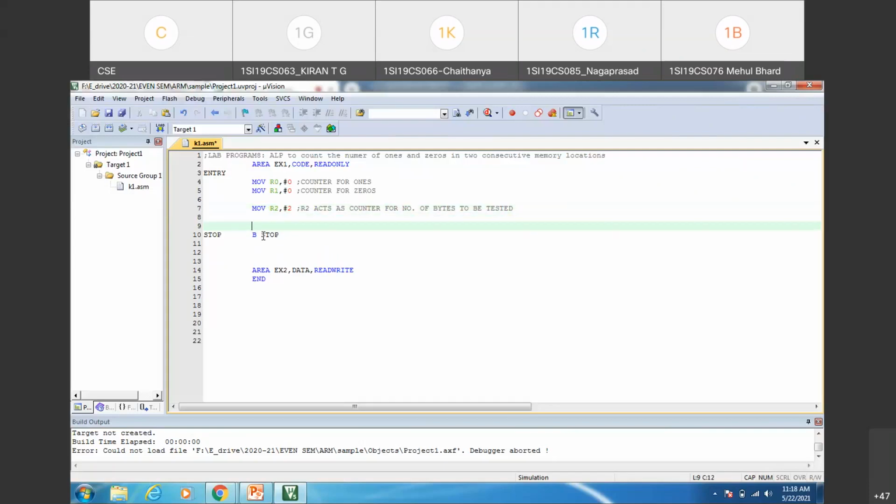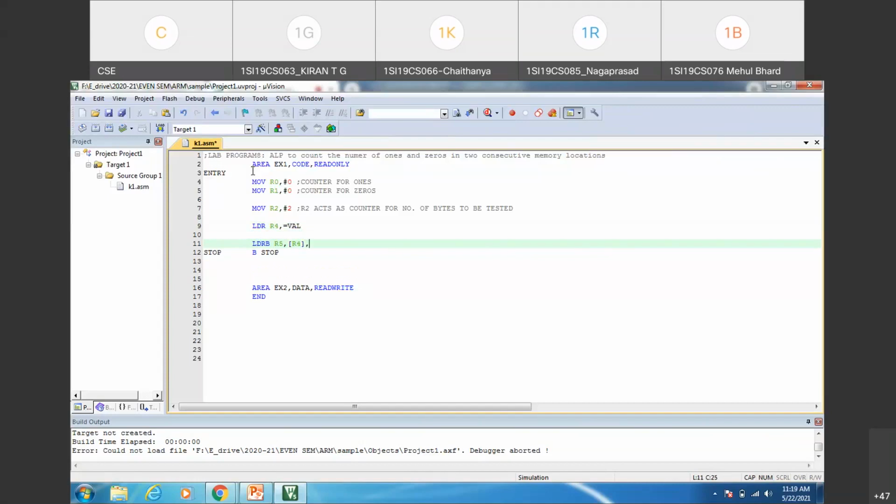Okay. Now I'll take the base address of the location from where the bytes are initialized. I can give it as LDR, say I'll use R4 comma equals 1 value, or you can take it as array, any name you want to give. So the base address of the variable, I've taken it in R4 register. Now I'll write the statement LDRB R5 comma, since 1 byte data I need to fetch from the memory, R5 comma content of R4. R4 is a pointer to that location, comma hash 1.